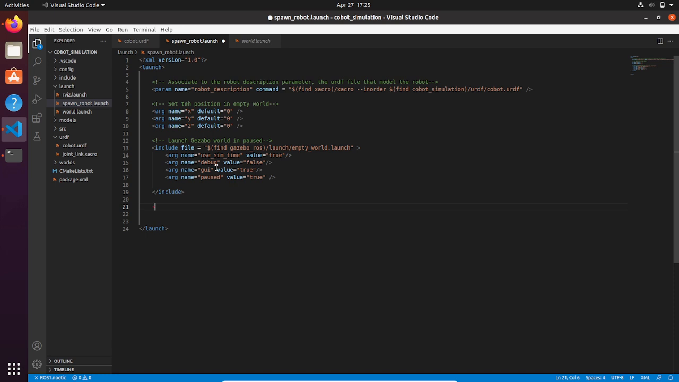So imagine that now we have our robot description loaded with our URDF file. We have decided where the robot needs to be spawned. We have launched our empty Gazebo world, and then we have everything to spawn our robot in our empty world. So we need to use for that a node we are going to call spawn_robot, and the node belongs to the package gazebo_ros, and the executable file will be spawn_model, and we're going to put output screen,